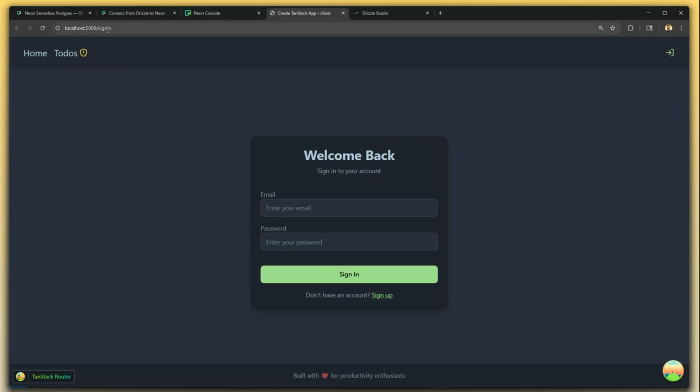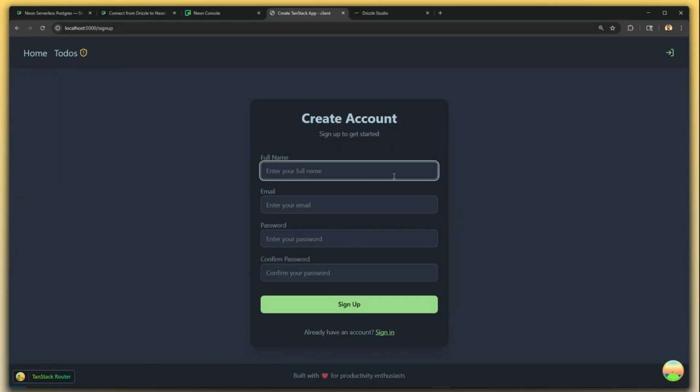And we can see I was booted out to sign in, which makes sense because the user that I was previously signed in with the local database wouldn't exist here. So there should be no users. So if I go ahead and sign up a new user,